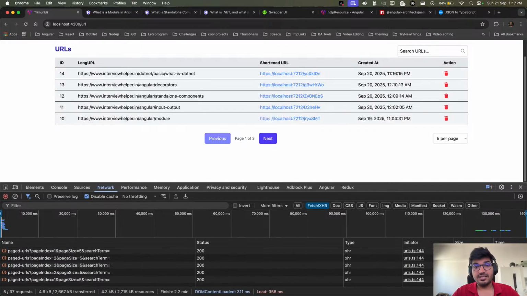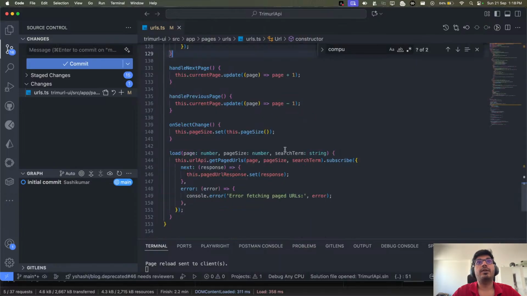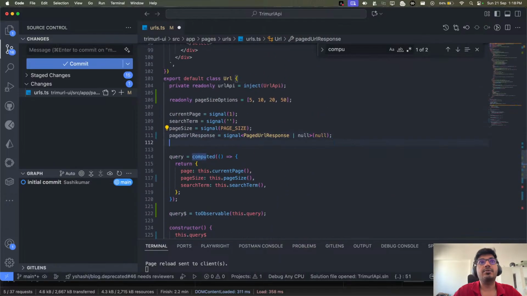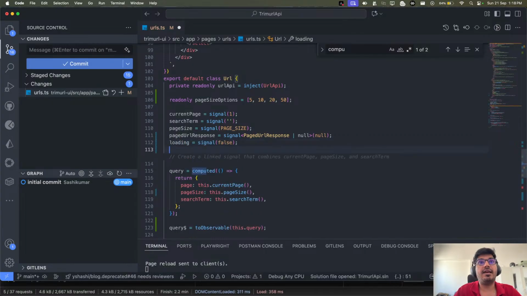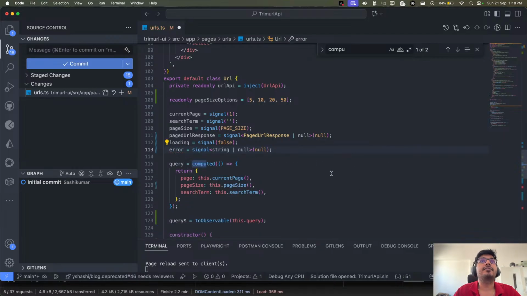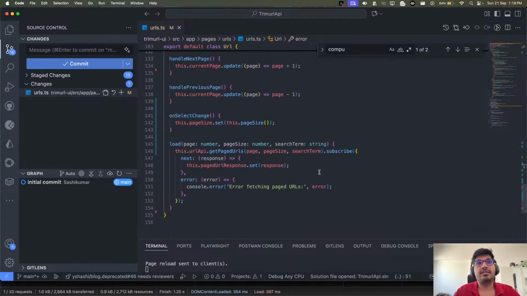Okay, so just in case you want to handle that part as well, you will have to create some more properties. Let me show you what I mean by that. To handle the loading and the error, you can have here a loading, and that is going to be a signal, and then you will also have an error, that is also going to be a signal. So now whenever we are loading the data, you can basically tell that, hey, the loading has been started.